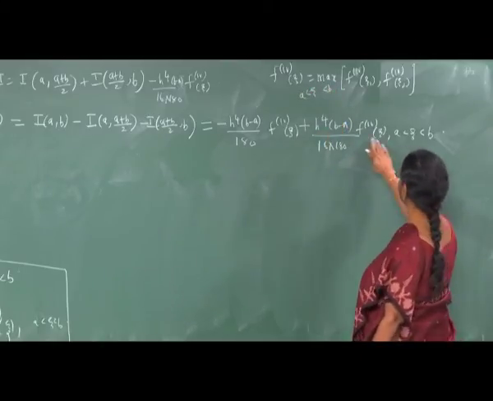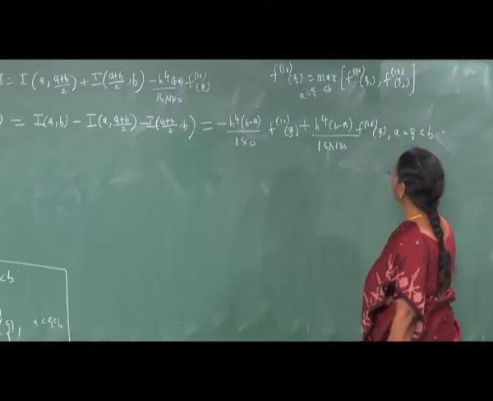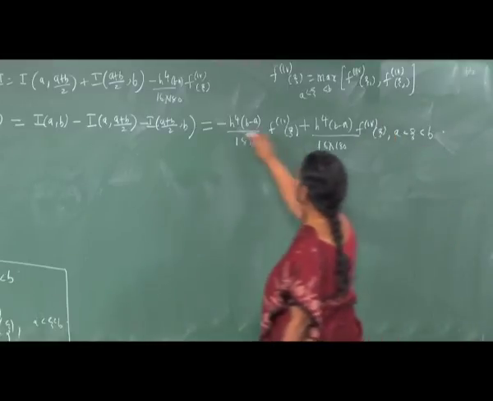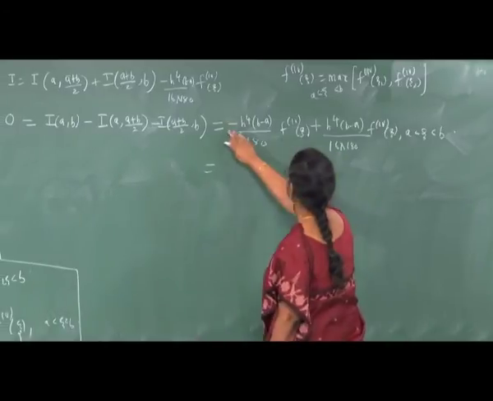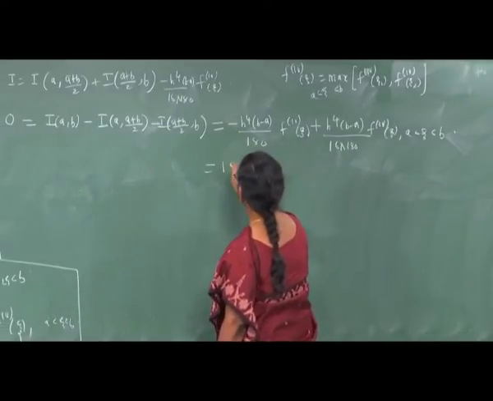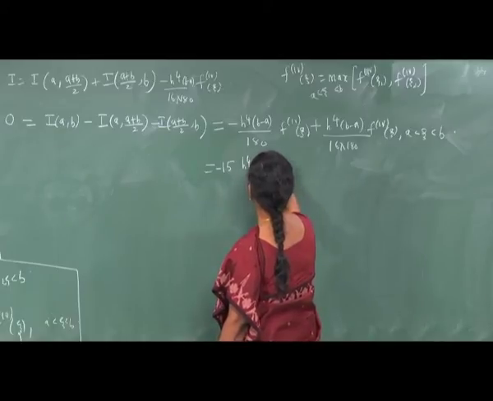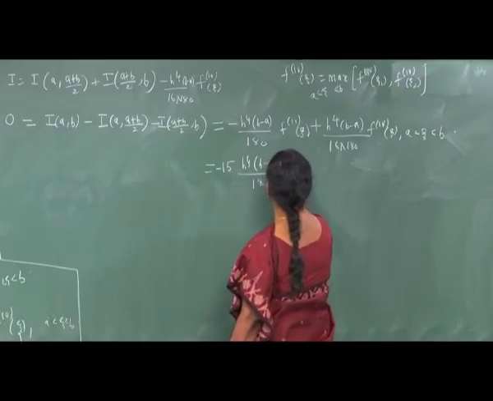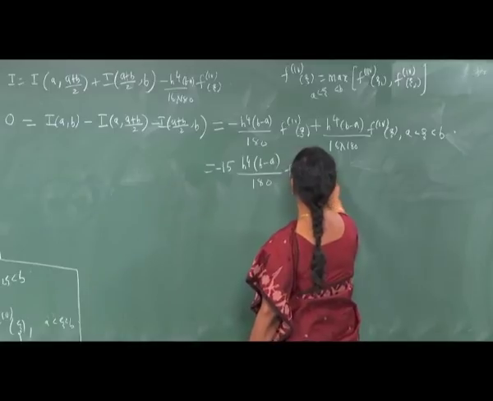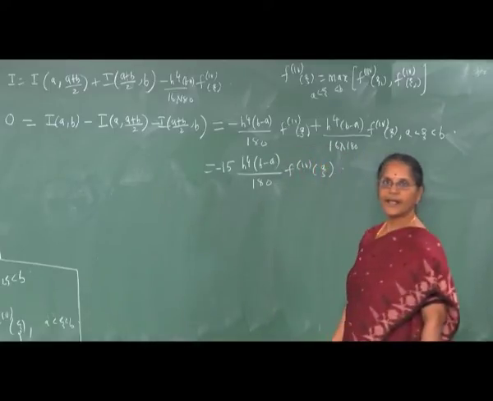So, we have replaced it by the fourth derivative of f at psi. So, what does this give? This gives you minus 16 plus 1. So, minus 15 times h power 4 b minus a by 180 into the fourth derivative at psi,